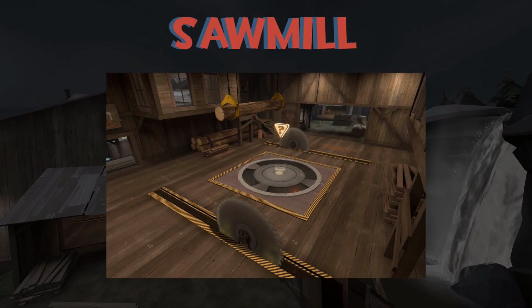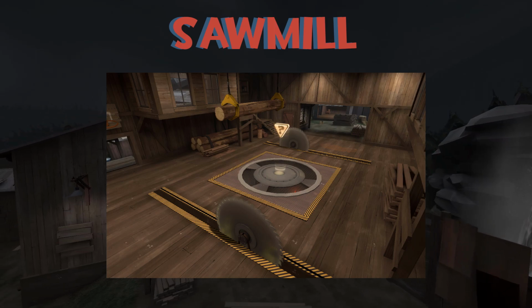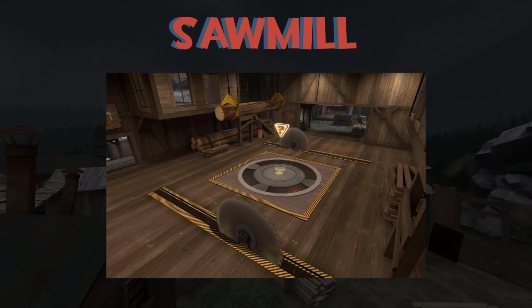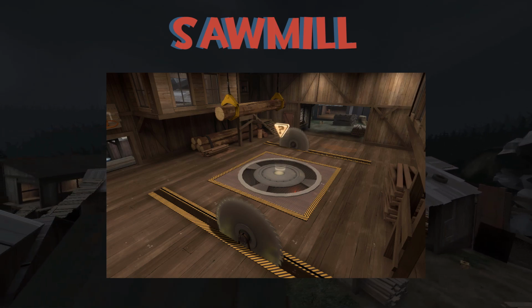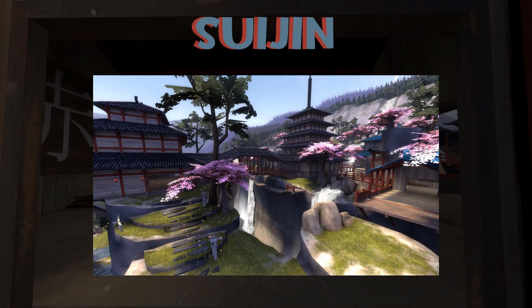There isn't a whole lot different with the King of the Hill version of Sawmill in all honesty. Every jump I mentioned in the CTF version of this map is still doable here, and the doors that were blocked off before are now open. So if you want to know about the jumps that you can do here, check out the CTF episode. I don't want to waste any more time with this map since they're pretty much alike, so we're moving on